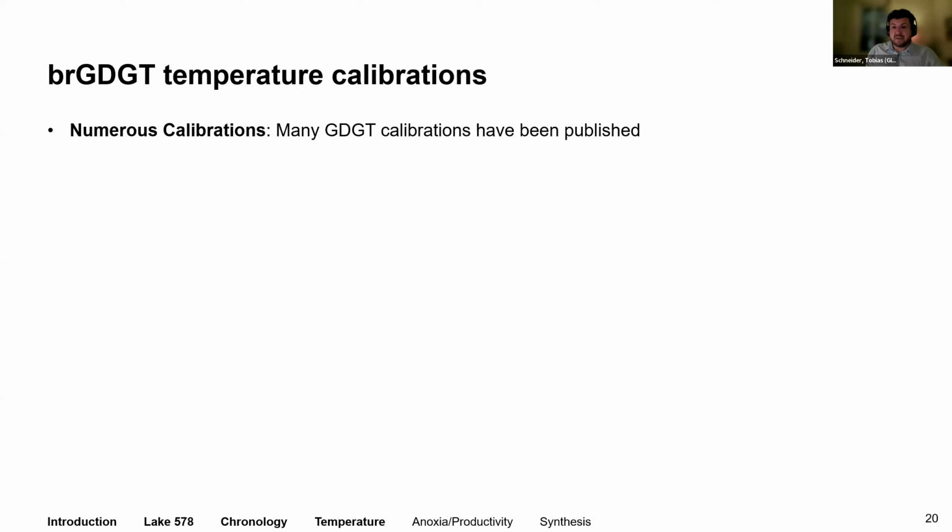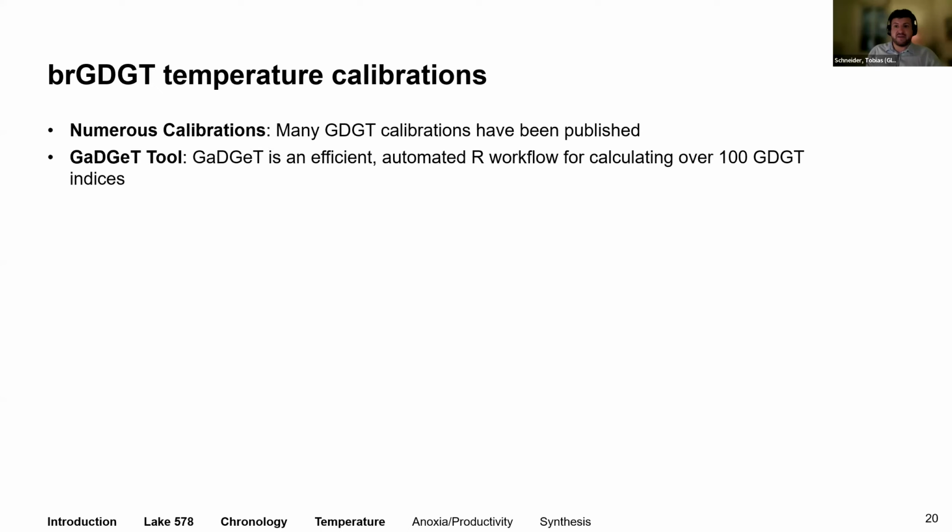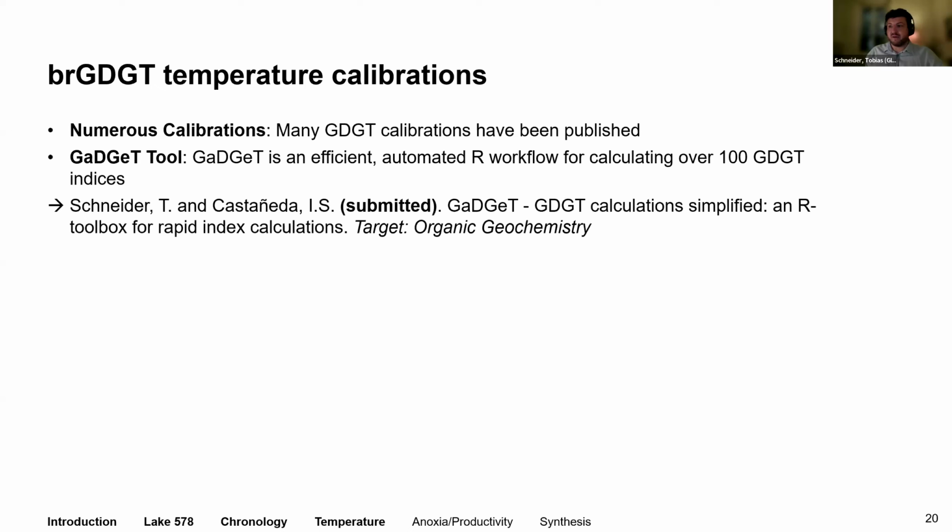And during the course of this project, we also started developing software that basically calculates all the different indices and different calibrations, over 100 so far. We implemented that in R, and over the course of the project, it got larger and larger. At the moment, we are just finalizing a publication to finally publish this software. So those of you who work with GDGTs should probably watch out for this paper or contact me for the